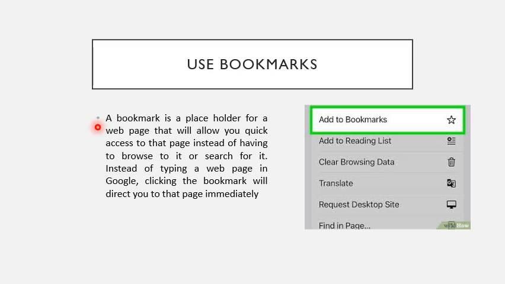Similarly, our web browsers provide us the facility to add a bookmark. Something like this. It's a star. When you turn on the bookmark of some website, it will turn yellow and make a small tab on your menu bar or your web browser screen. Now, next time when you want to look for some information regarding that page, you don't have to search for it again and again. You just go and click on that tab or that menu, and you will be opening that